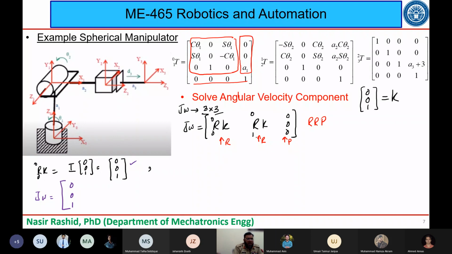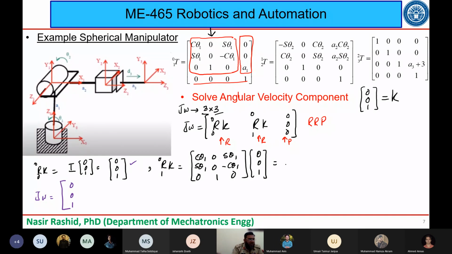सेकेंड कॉलम ये था R120 multiplied by k. So this is R120 multiplied by k. So R120 क्या है? R120 ये गिवन है हमें, ये देखिए ये। So let me just write it down. So this is cos theta 1 0, sin theta 1, then sin theta 1 0, minus cos theta 1 0, 1 and 0, and this is multiplied with k, which is 0 0 1, and since हमें पता है इसको